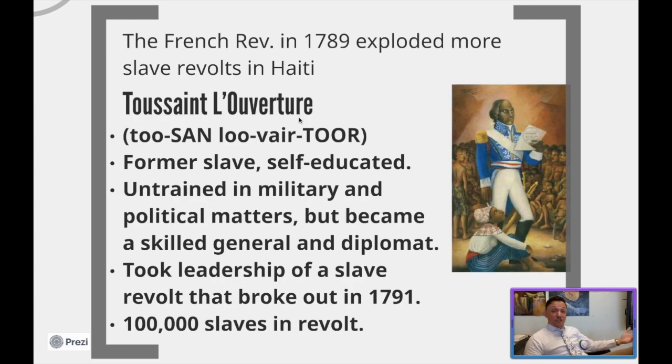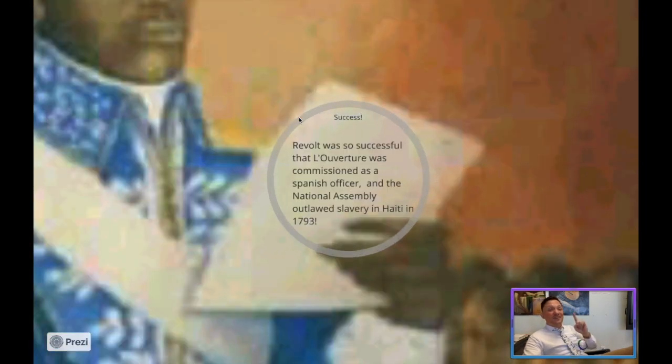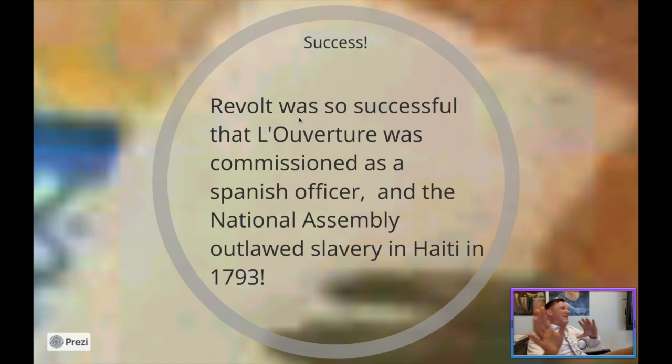And he took leadership of the slave revolt that broke out in 1791 as it continued to roll forward after the man that started the voodoo ceremony had died, right? He organized them together. He taught them certain skills. He made it so they weren't a group of militiamen. He turned them into a well-trained army, right? And he led 100,000 men in the slave revolt that began to really wash its way all over the entirety of the colony of Saint-Domingue.